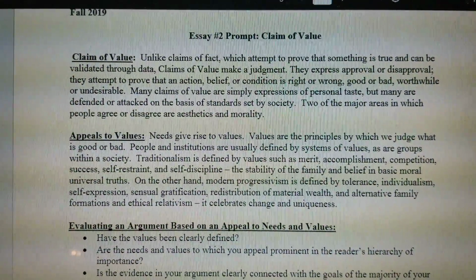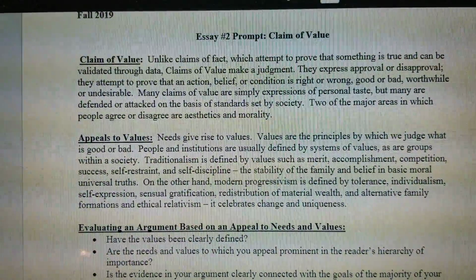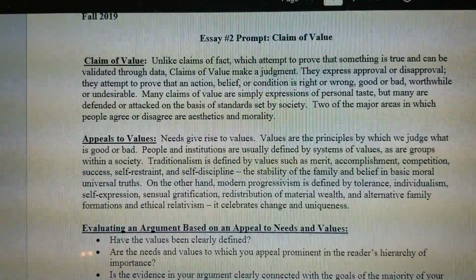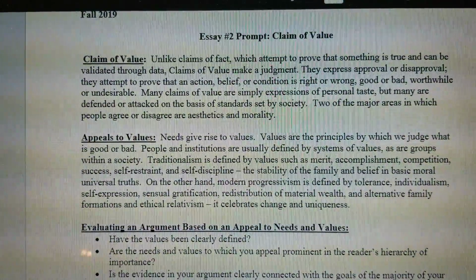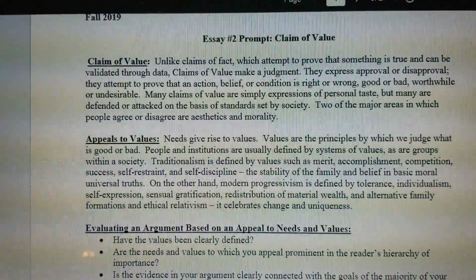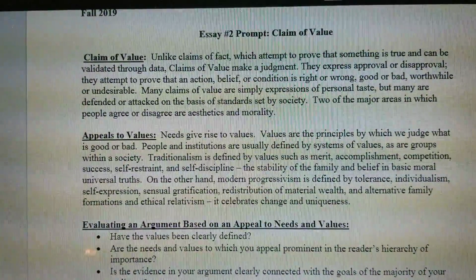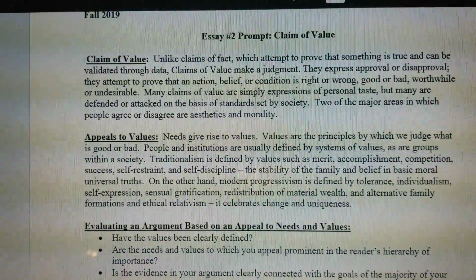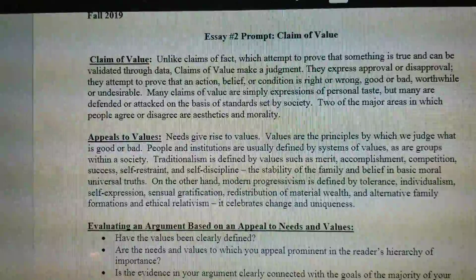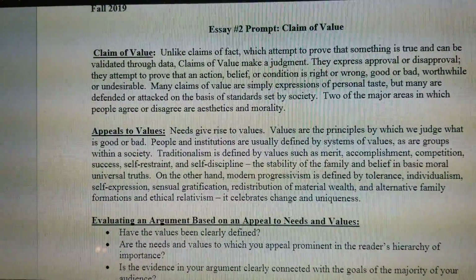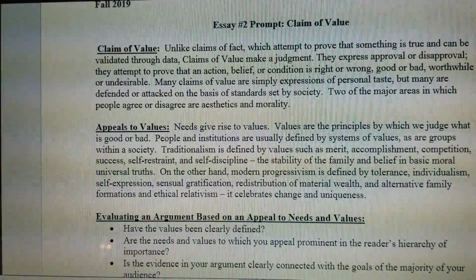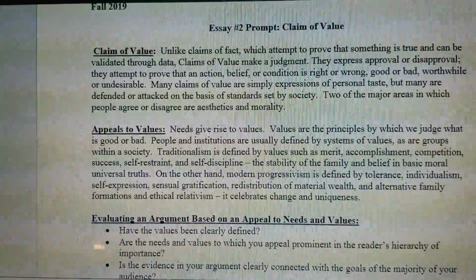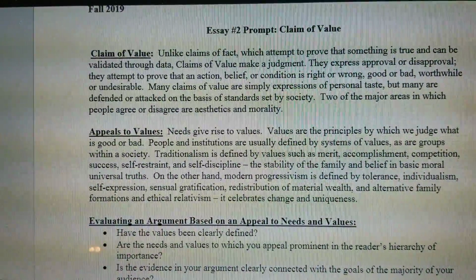This is Professor McKinnon, and I just wanted to review one of the sample student essays on freedom of speech and expression and limitations as a claim of value. Let's first of all look at the prompt for Essay 2, where it first identifies what a claim of value